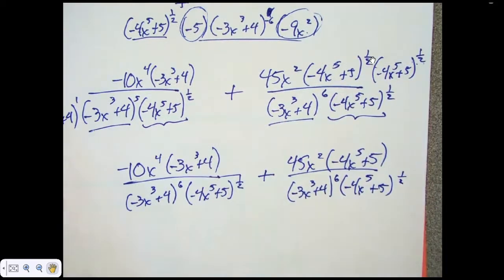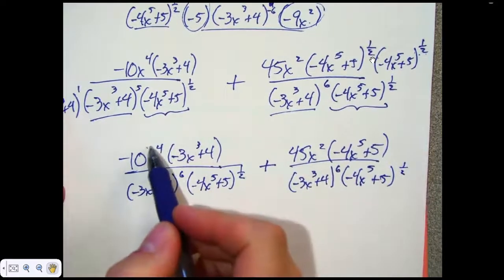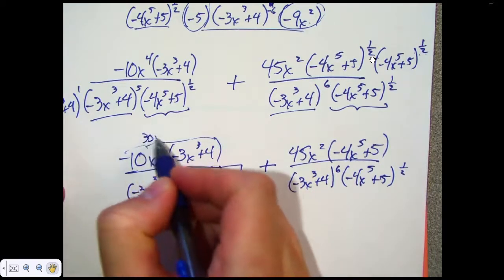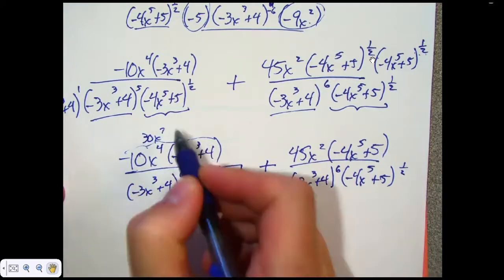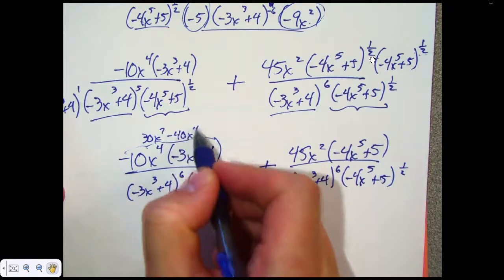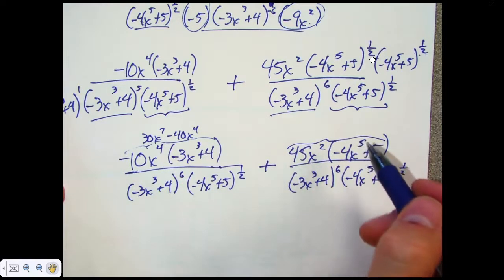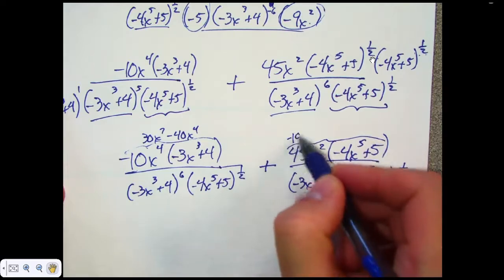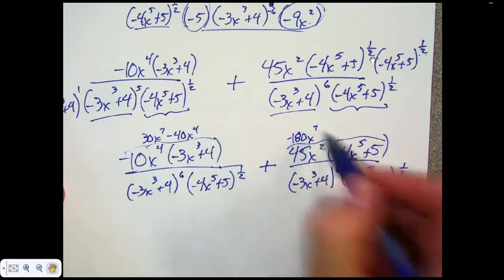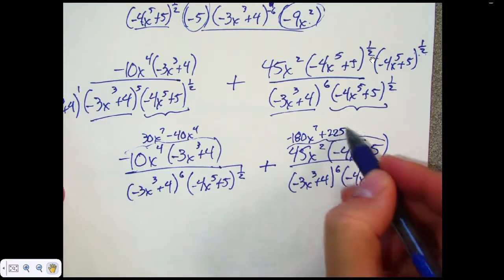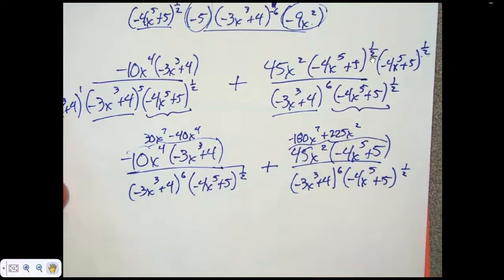So I'm going to distribute and combine. So this right here, if I distribute, would give me 30x to the 7th minus 40x to the 4th. This right here would give me negative 180x to the 7th plus 225x squared. So if I combine everything on top,